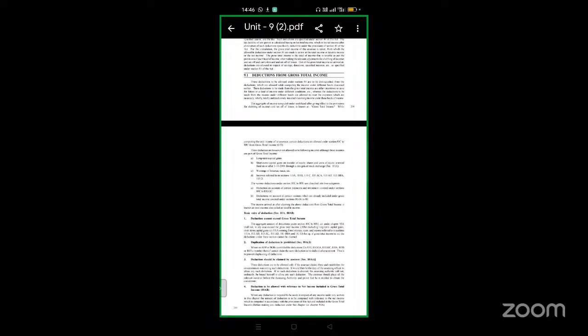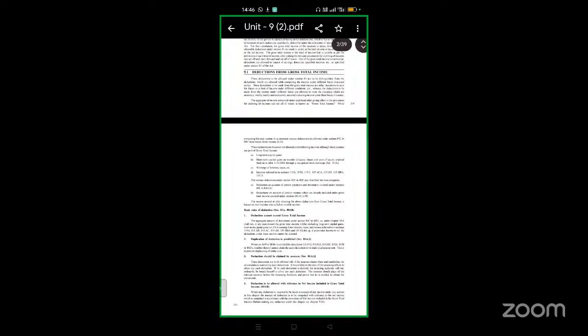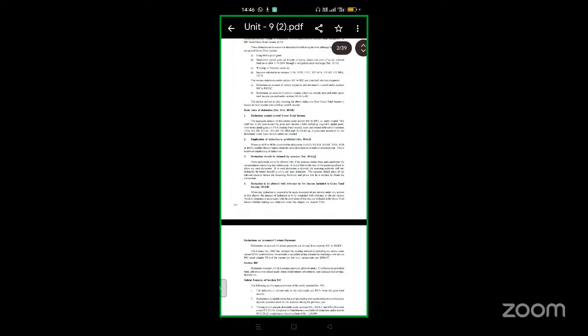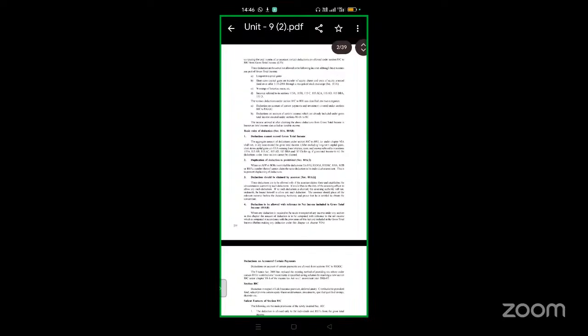So the deductions which we discuss here are whatever the income is saving, these are all deductions. Before going to gross total income, you should know what deductions are available to that particular entity. We talk about the gross qualifying amount. Here, if you invest any amount in life insurance premium or